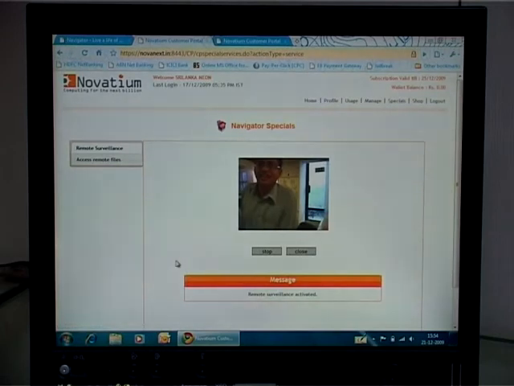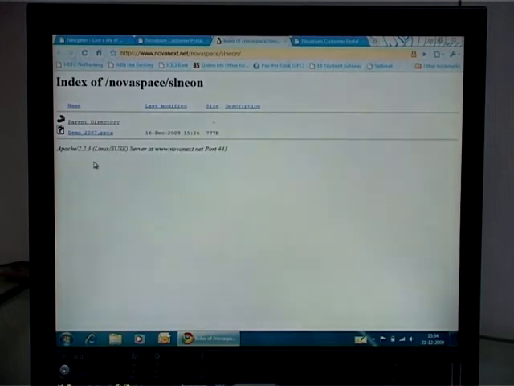So here we see that there is a user connected to the Nova Navigator and is working from home. There is yet another feature which the Navigator provides remotely, and that is accessing your own files anywhere on the go. So if you have remote access to files, you really do not need to carry anything physically.